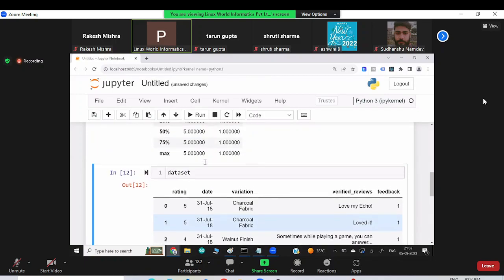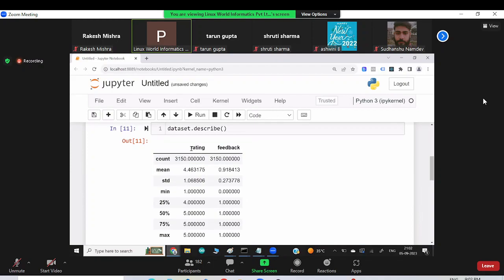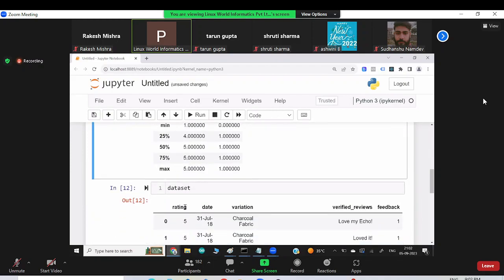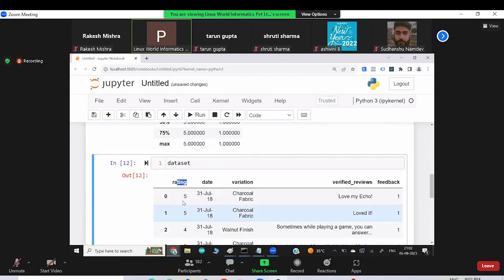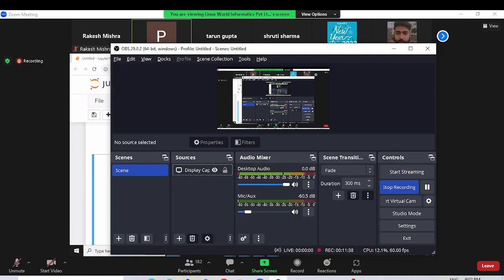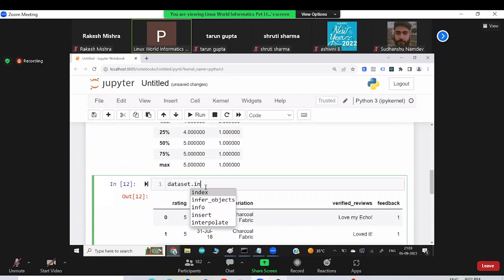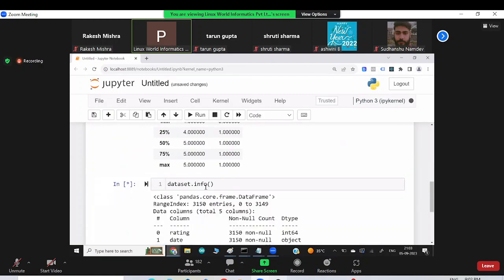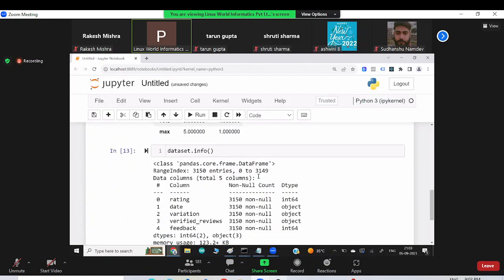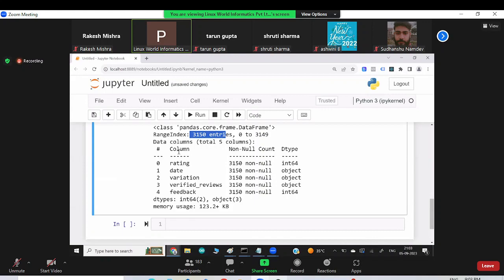So what this describe command will do is take this rating column that has numbers available. For example, if you just go and use the data set and use the info function, info is a function here. The info function will tell you that in this data set, we have this many entries in the record, out of which we have 5 columns.